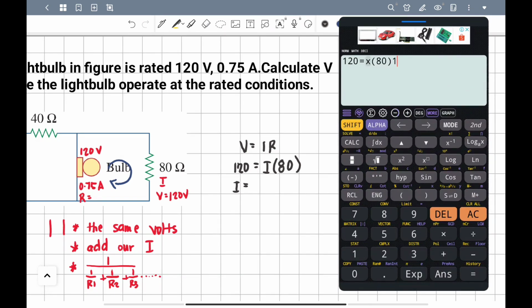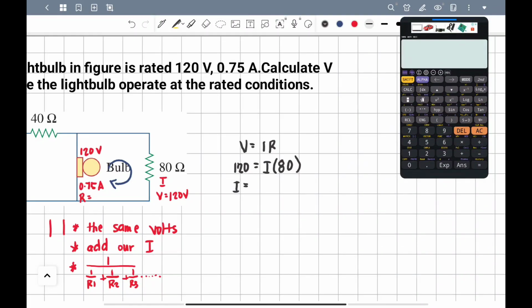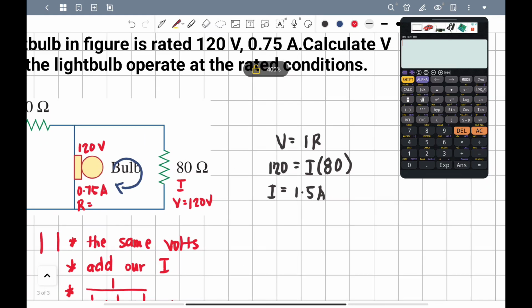We have 120 is equal to I, represented by X, times 80. We have 1.5 ampere. We're just to write it near this 80 resistance. Okay, 1.5